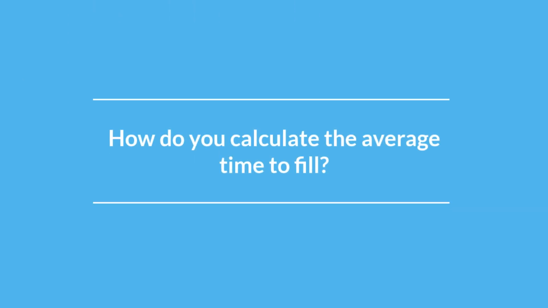How do you calculate the average time to fill? You calculate your organization's average time to fill by averaging all time to fill values for each position you filled in a given period. This means that if in the first quarter of the year you've hired 3 candidates, you add the individual time to fill values and divide them by 3. If a position has not been filled yet, it is not added to the average. These vacant positions are included in other recruiting metrics, such as the positions filled internally, which is a ratio of the positions filled in the organization.